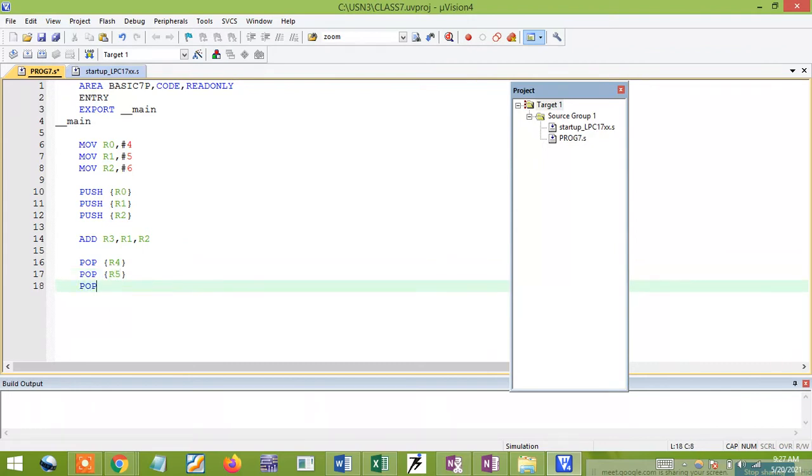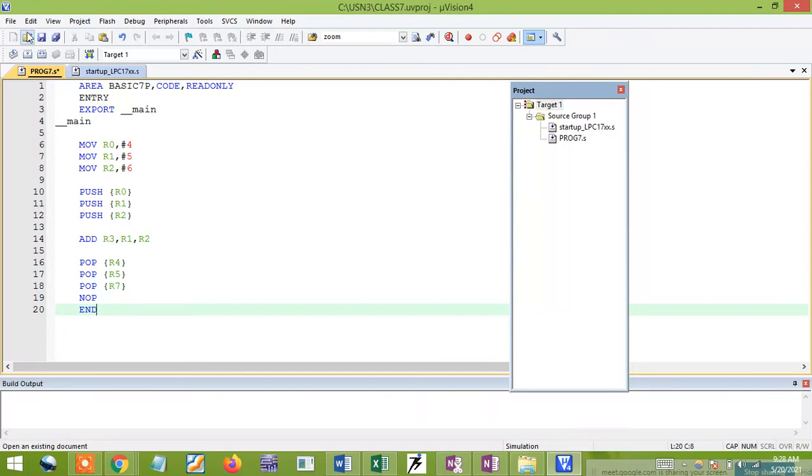Next POP, I'll go with R7. Okay, so this is the thing. After popping, next I'll just stop the process: NOP and END.